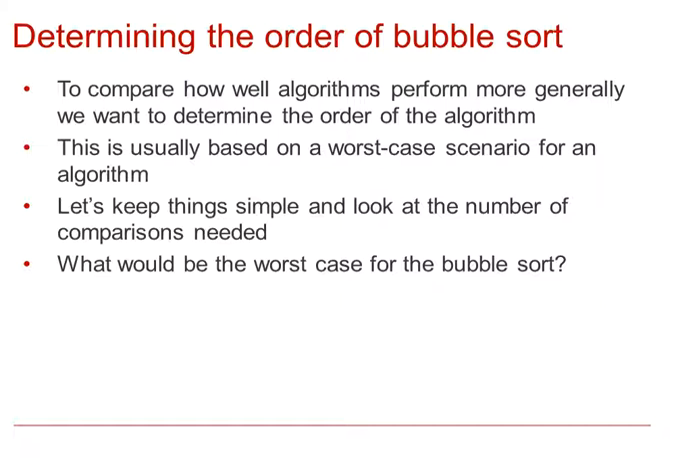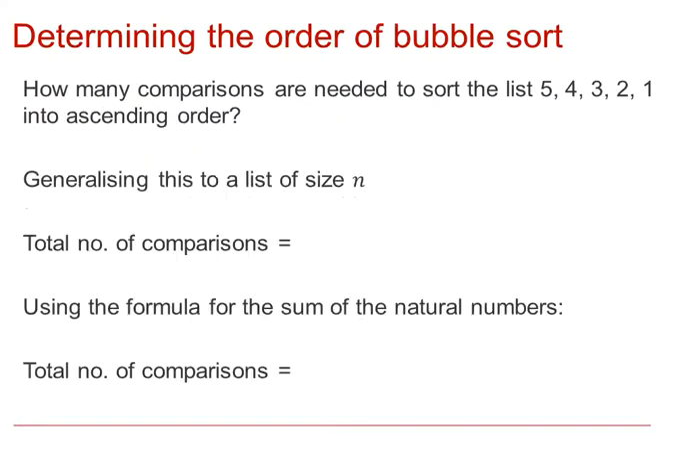When the list starts in reverse order and we need to complete the maximum number of passes with the largest number of swaps to sort it, would be the worst case. Looking at the number of comparisons needed to sort the list 5, 4, 3, 2, 1 into ascending order, we can see that we would need 4 to move the number 5 to the end, or to bubble it to the end, and then 3, 2 and 1, totaling 10